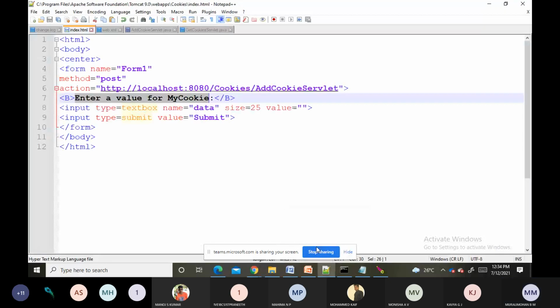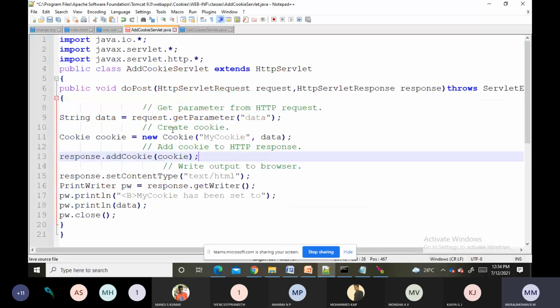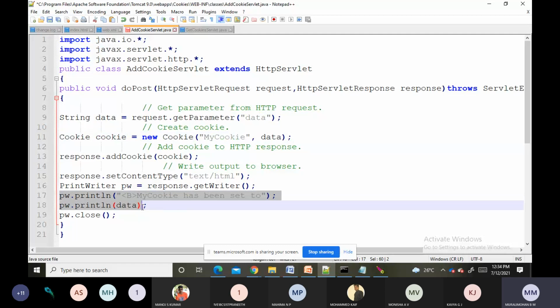It is reading the form data, so it is executing the AddCookie file. Here we are getting SVCE-CSE and MyCookie. The name of the cookie is MyCookie and the value is SVCE-CSE, and that we are writing onto the screen. So this file is executed.